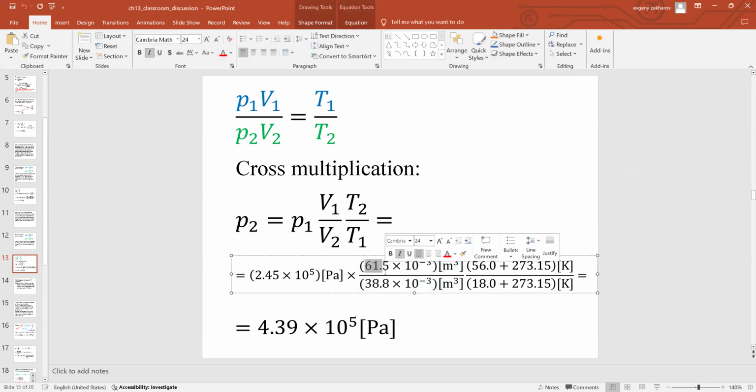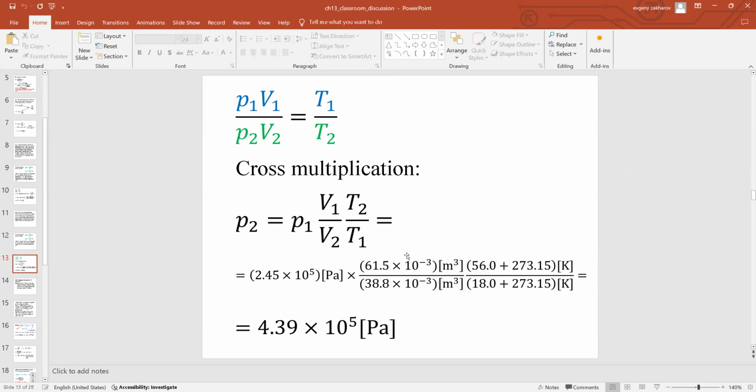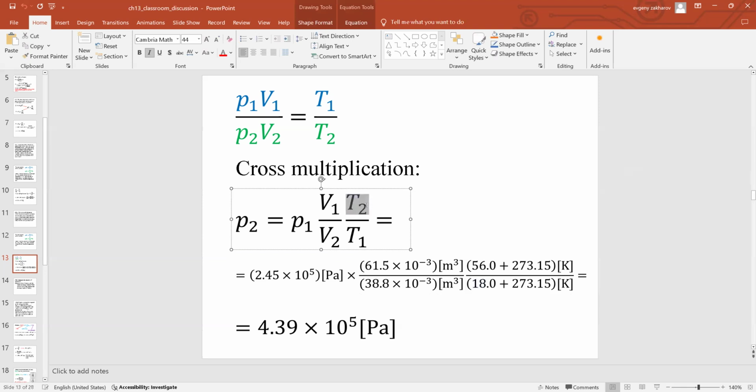So liters here, liters there, you convert them both to meters cubed. And now the temperature. That's the tricky part here. Remember I said, if it's delta T, you're going to get delta here, delta there, so 273 will disappear. Not in this case, though, because if it's just temperature by itself, you'll get